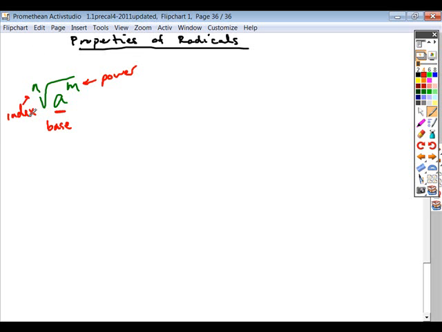Okay. Anytime you're looking at a radical, the order that you pursue writing those does not matter. So when I look at this, the nth root of a to the m is equivalent to saying the nth root of a all to the m. Doesn't matter if you apply the power or the index first. And when we get to converting between exponential form and radical form, you'll see that it doesn't matter how you